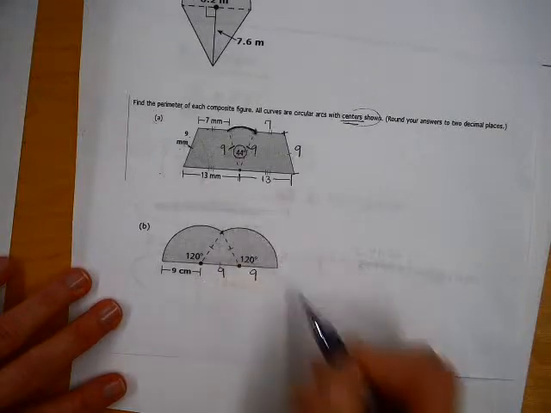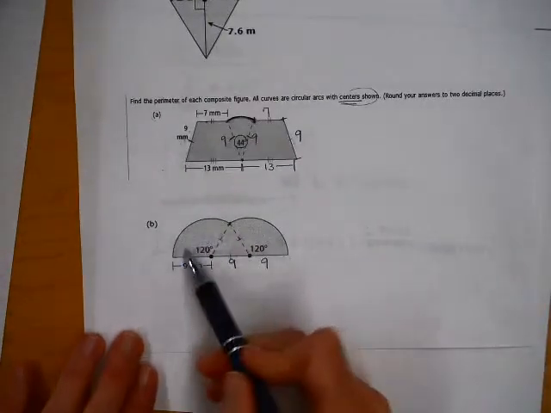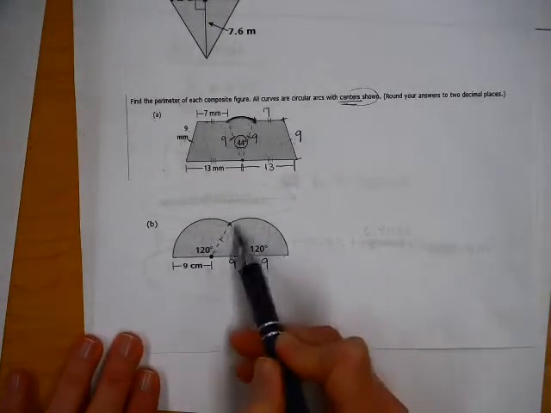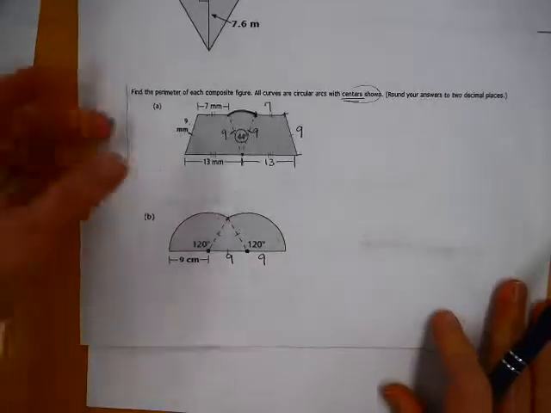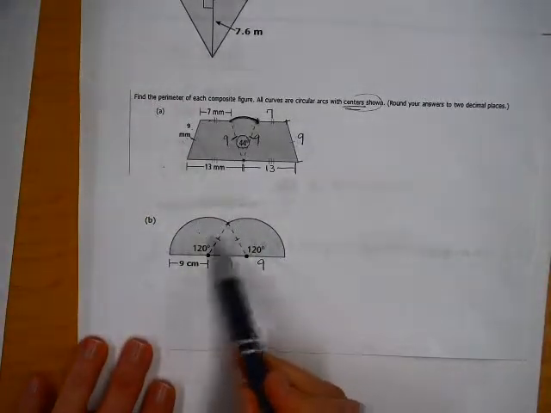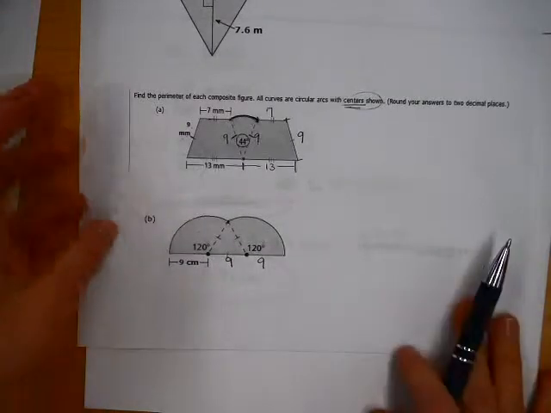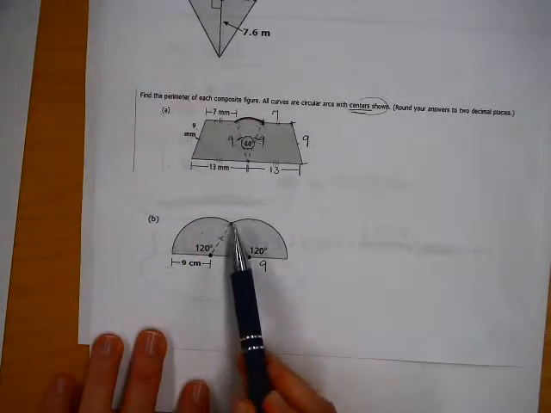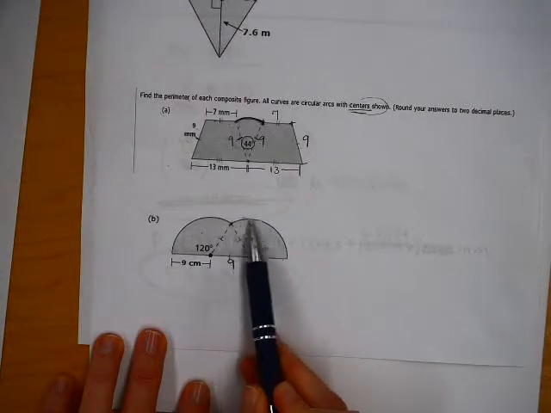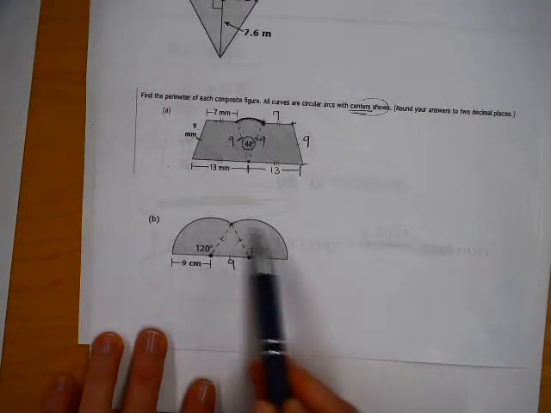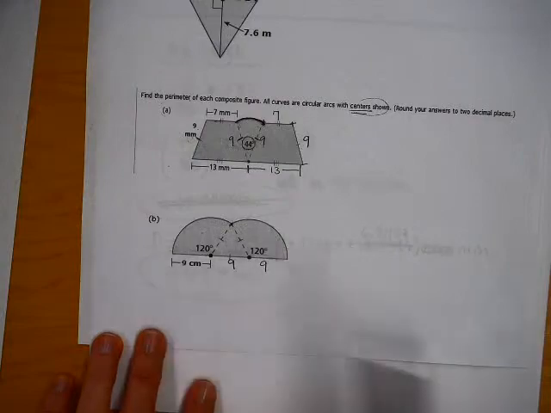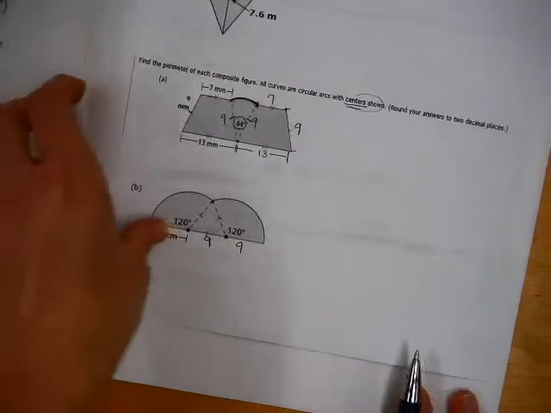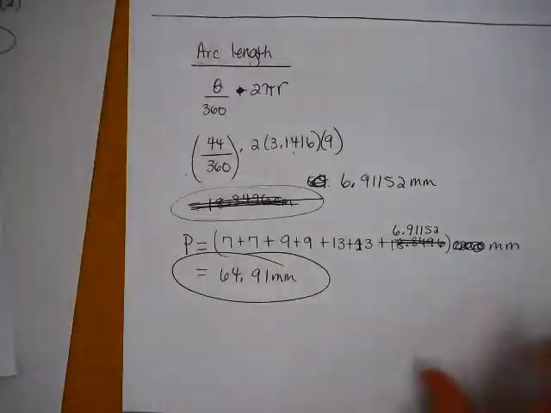So let's work on the 2 semicircles. And again, we're finding the perimeter, or the distance around this composite figure. And so we've really got 2 arc lengths to find here with a central angle of 120. So when we find one, then we just say times 2, because this other one will be the same as this. These 2 arc lengths will be equal. So going back to your formula for arc length,